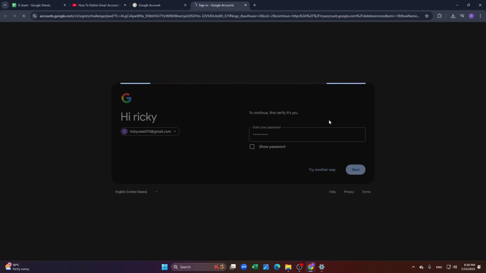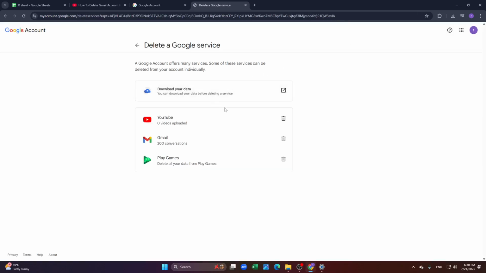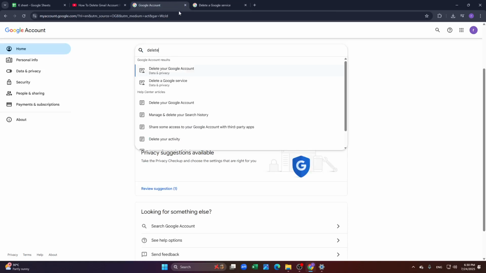And after providing the password, it will show you all the services you have with this account, and you can just select the Gmail option beside the delete option and you can just click on it and your Gmail will automatically be deleted after this. And if you want to delete your whole Google account, you just have to click on